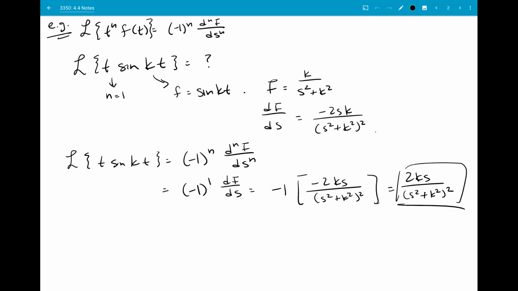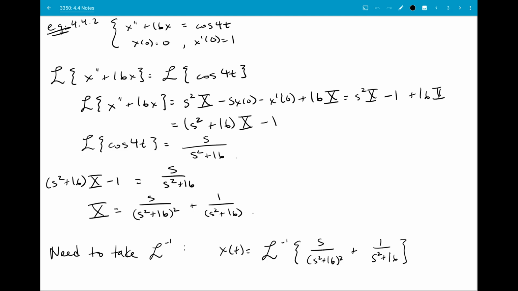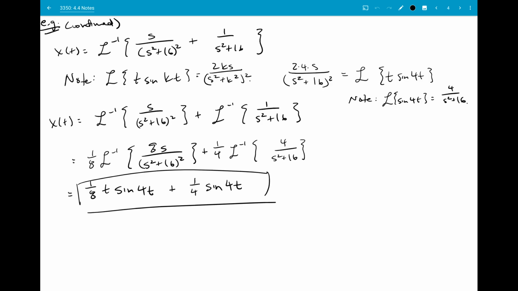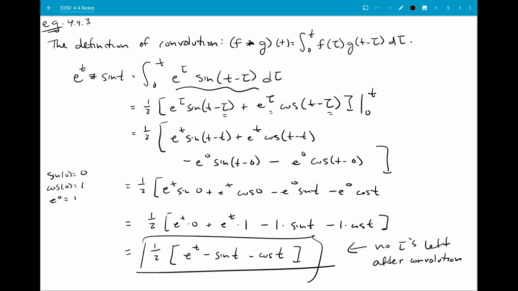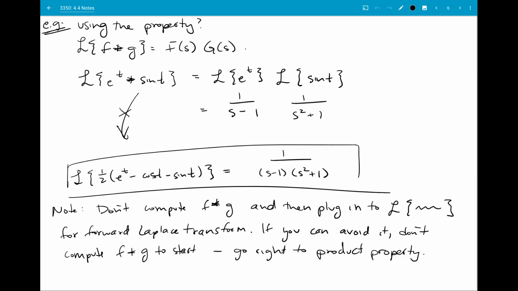We did some examples with the derivative property in the forward direction so that we would be able to see it when it showed up in the backward direction for this differential equation example. And it went pretty quickly because of that. And then we went over the definition of a convolution, which takes a bit of integration, and it sort of came out of nowhere. And we did an example where you could use the convolution property in the forward direction,